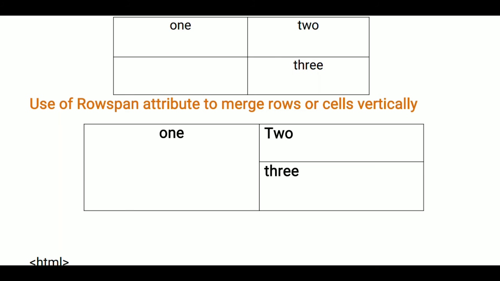Just remember it like this: if you want to merge the cells horizontally, then you have to use the colspan attribute. And if you want to merge the cells vertically, then you have to use the rowspan attribute. And how many cells you want to merge, that is the value of that attribute. It is very simple, students, and you have to remember this merging facility, because whenever a table format comes, somewhere you have to merge the cells, based on the format. If it is required, you have to merge it. So at that time you have to remember which attributes are there to perform merging in HTML.